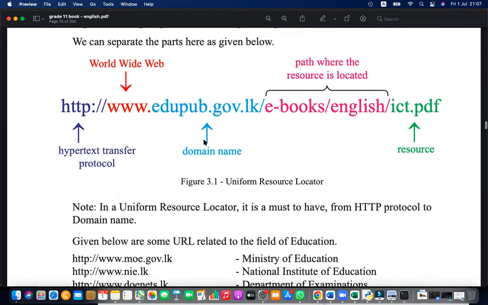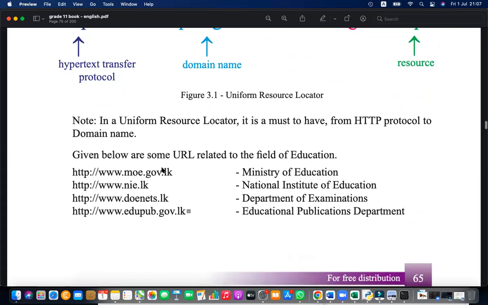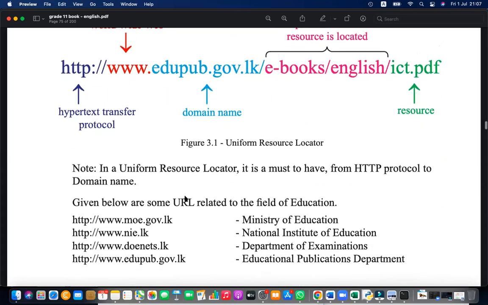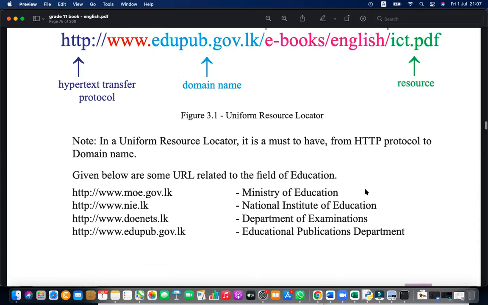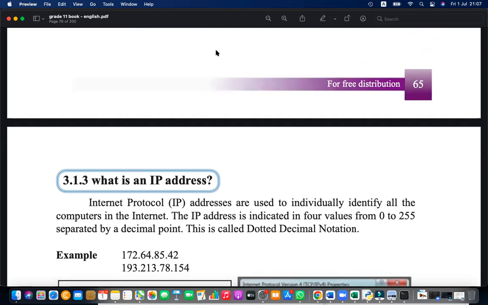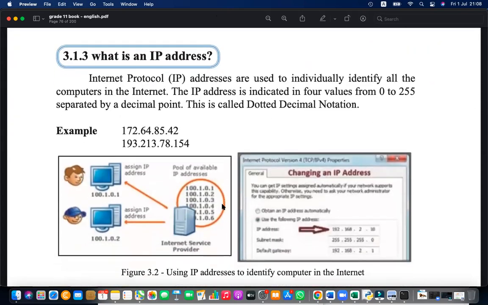Okay, so then we were discussing domain names and these different URLs. In a URL, at minimum, it can be just a domain name. Here you have ni.lk, that is also a URL, but it has only the domain. But if you have the domain and the resource, that is very good. So it's also a URL. A URL is unique. No two URLs can be the same. One URL does not go to two websites. It's only pointing to a single resource. Maybe it can be like a folder, but the thing is it's pointing to a single resource.